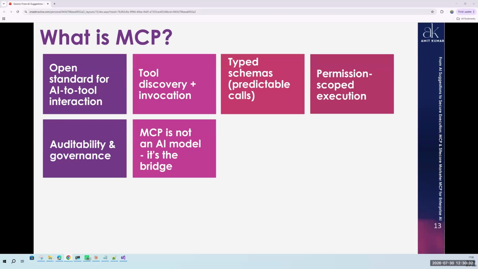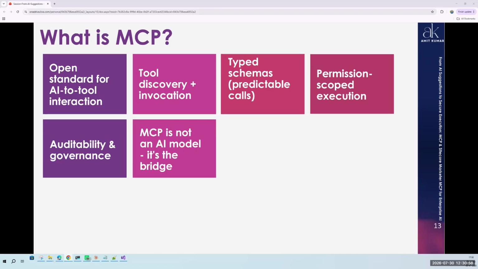That is a major feature of MCP tools. And you don't need to think that MCP is an AI model or anything. It's just a tool which is called by your AI agents, or you can say the models, because an MCP tool provides ways to connect with third party systems.